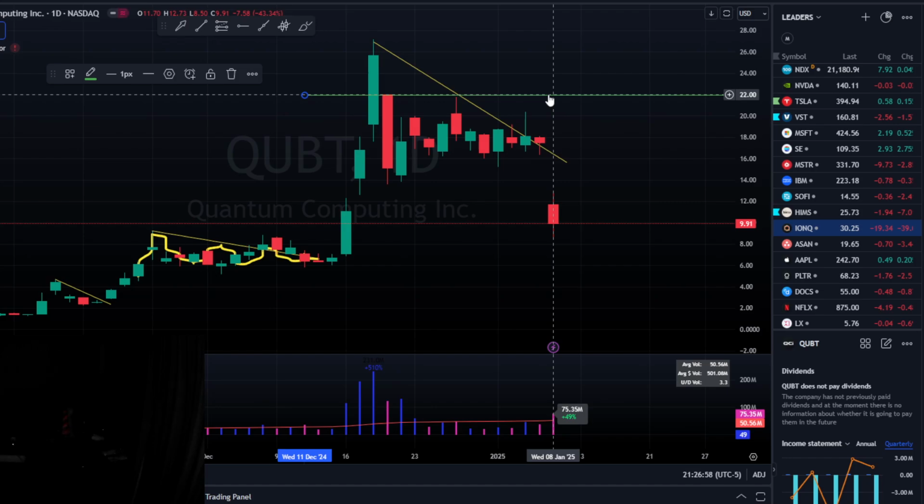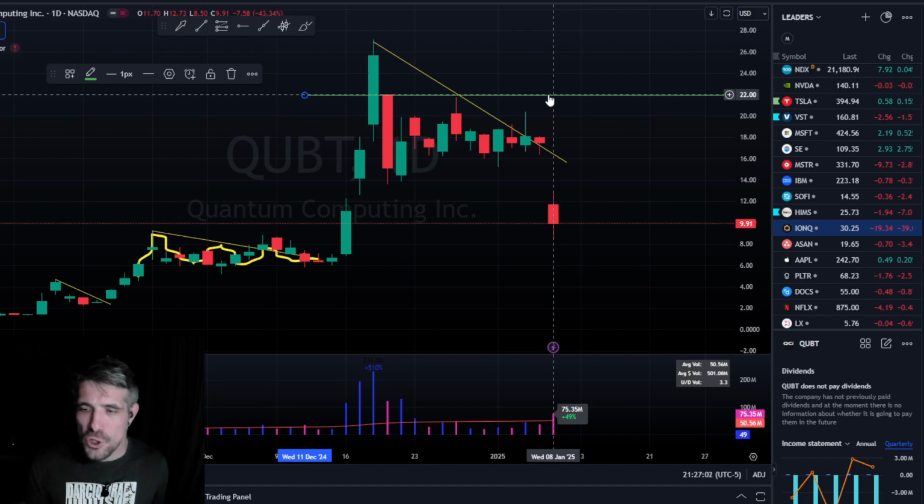So if there's a ton of people holding this stock in that area, what do you think their first reaction is going to be when it gets back up into that area? Right now, if they bought, go ahead. What's that? They're going to sell it, right? They're going to sell the shit out of that stock. Yep, 100%. So if Qubit pops back up here, I'm going to be looking to short the stock